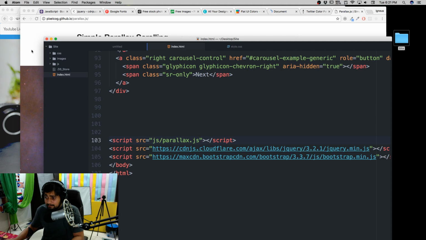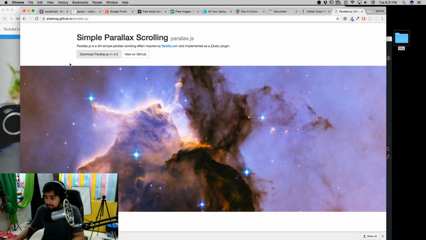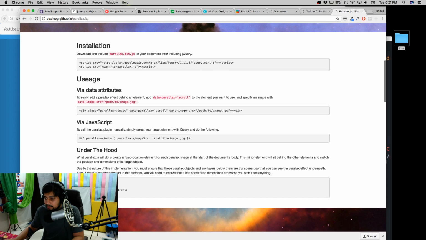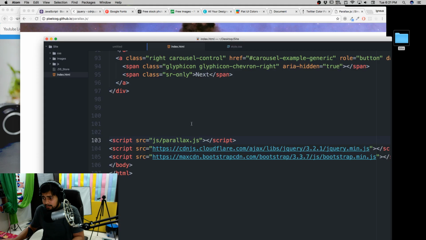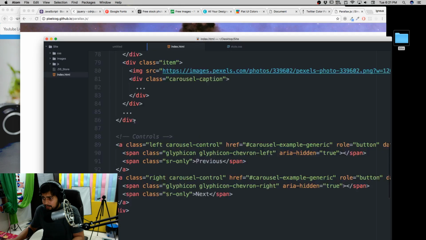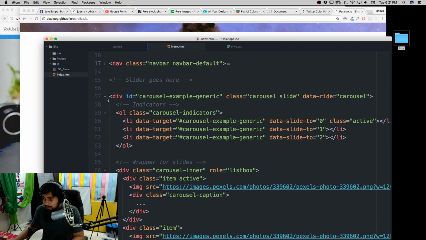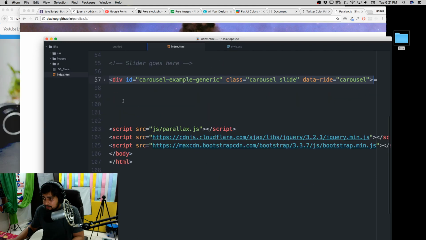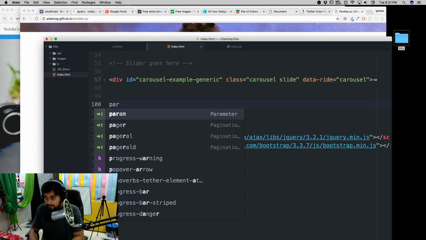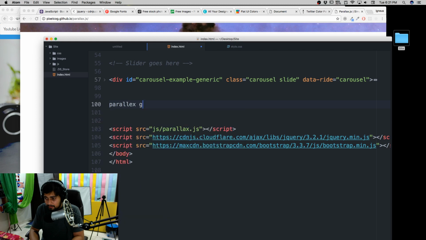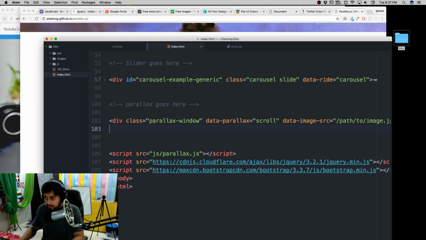So what we can do next is add this data attribute there and copy this, and we can actually go ahead inside the Atom, and again we can just close this. Oops, my phone is ringing. And close this, and parallax goes here, comment that. There we go. And our parallax is there.